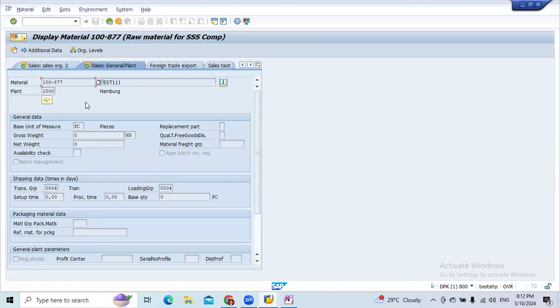And here, since it is sales general plant, it means that whatever material we are manufacturing, after some time those materials need to be dispatched. So here there is a transportation group, like which kind of transportation medium you will be using for shipping. Shipping means moving this finished product or raw material from one location to another location. Like, see, why is this sales view coming? Generally, you can see here how this material will be coming to your